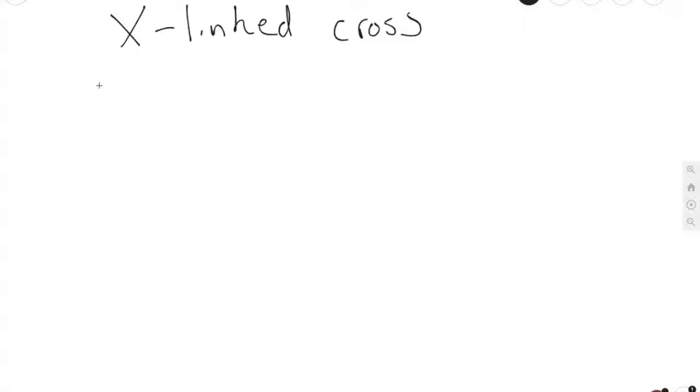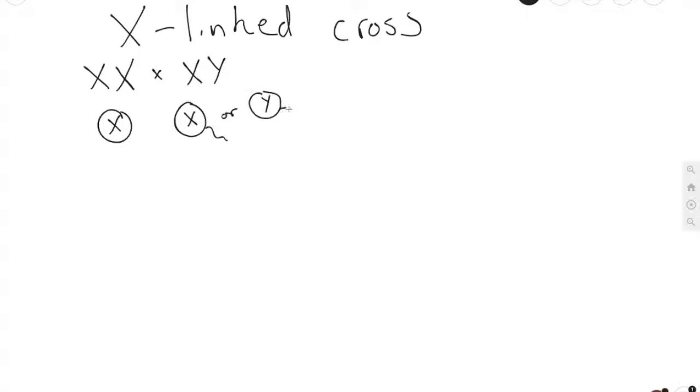So when we look at this, we're going to have a male and a female. Females have two X chromosomes, and we're going to cross that with a male, who has an X and a Y. In this case, the female has the same chromosome here, an X and an X. That means she can only pass on an egg with an X chromosome. There's only one option. The male has two options. He's got an X and a Y, so he can make a sperm cell with an X in it or a sperm cell with a Y in it. So this means I need a 1 by 2